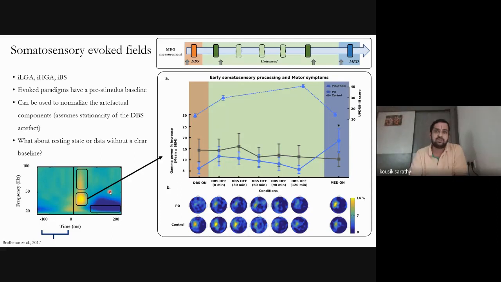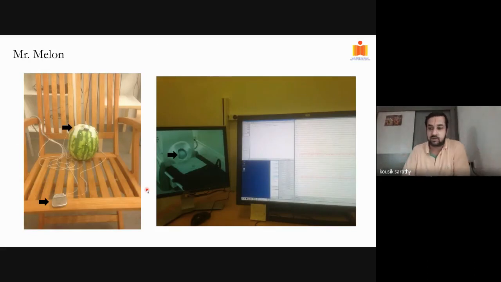When we started thinking about this, it was actually during my PhD defense. Jyrki Mäkelä, who is a professor at the Helsinki hospital, suggested that we could do what is called a Melon experiment. This is pretty interesting, which is the context of the whole talk today. This has been done before. This is not an innovation by us, but this has not been done in MEG with the same electrode and IPG combination, which is why we are now able to say what kind of artifacts we are actually seeing.